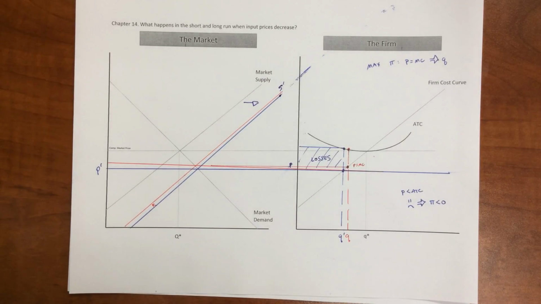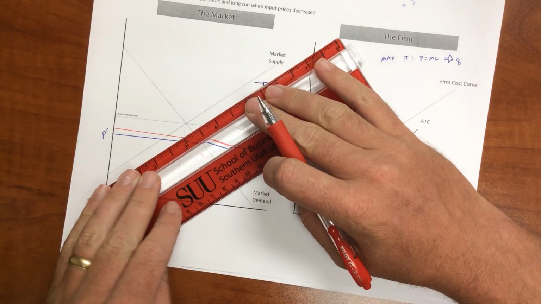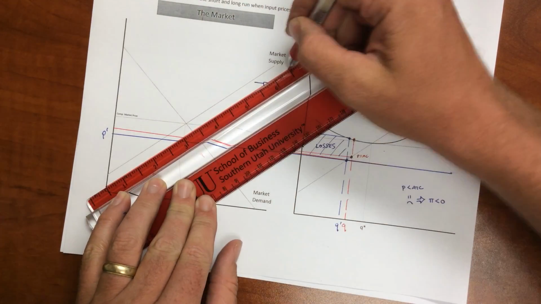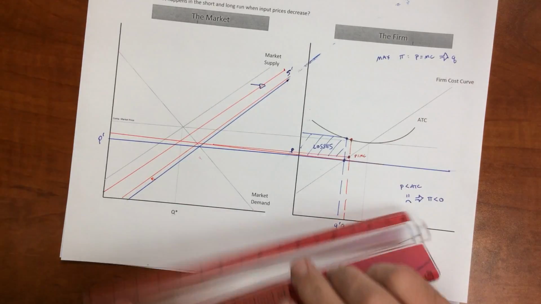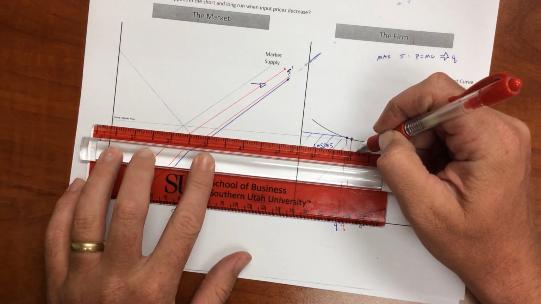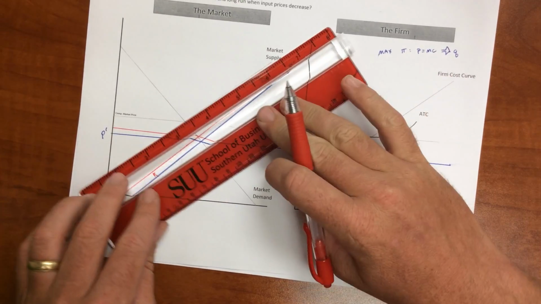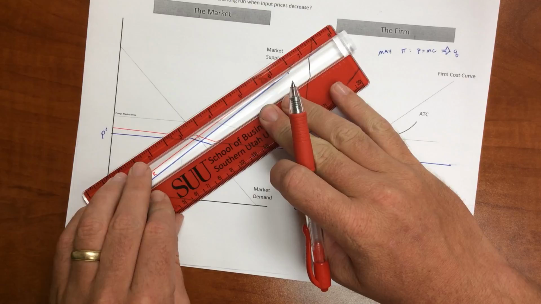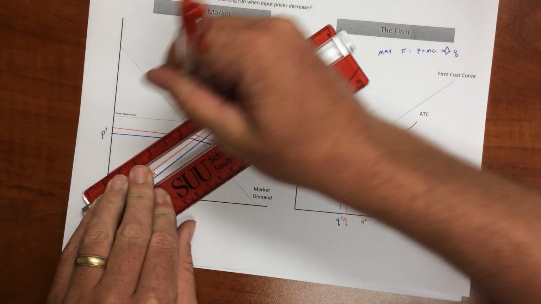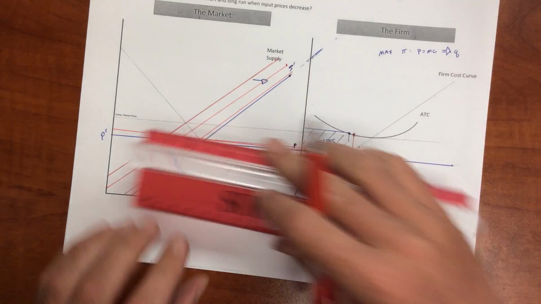So we need more people to leave the market. And they're going to continue to leave the market. So we're going to see these curves continually shift left. Now our new price is going to be right here, which is still below average total cost. They'll continue to shift left until we reach our original supply curve. And at that point,